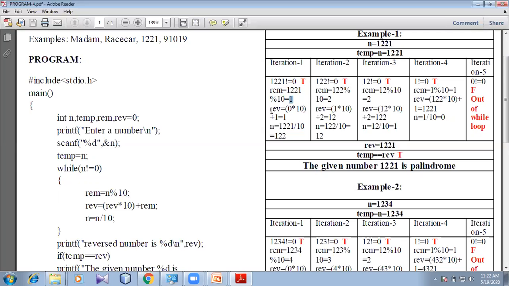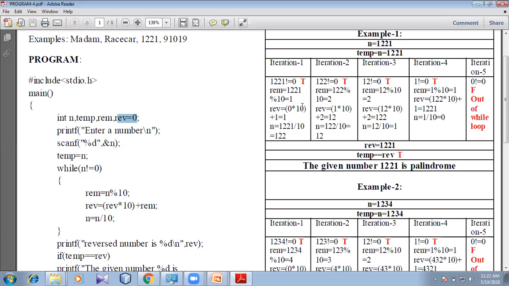So next, we are calculating the reverse. Reverse is calculated by the formula reverse into 10 plus remainder. The previous value of reverse we have already initialized to 0.